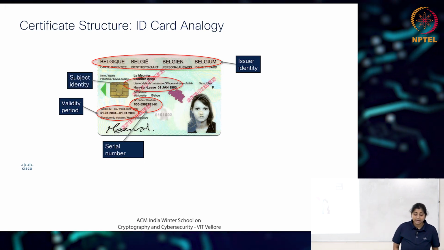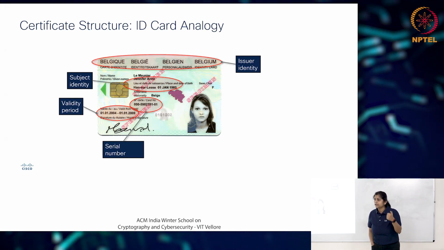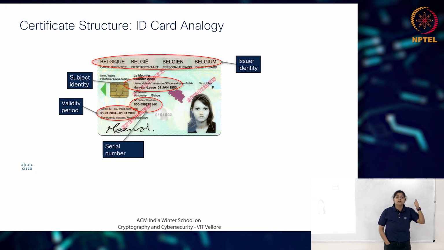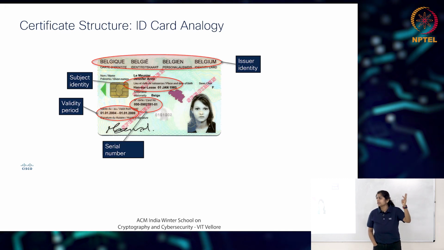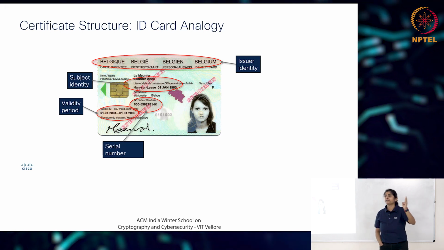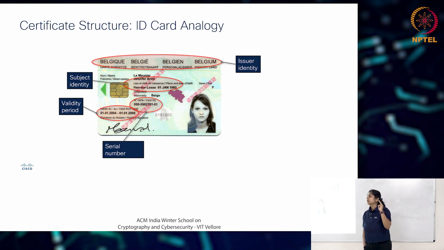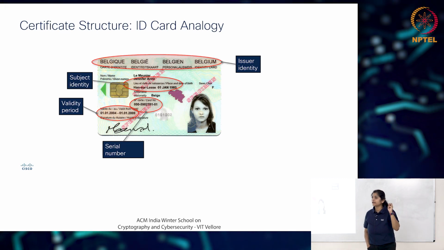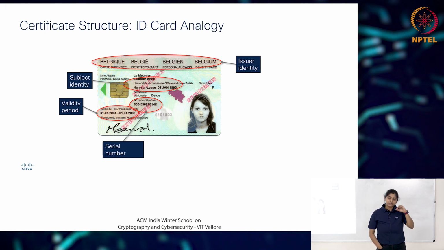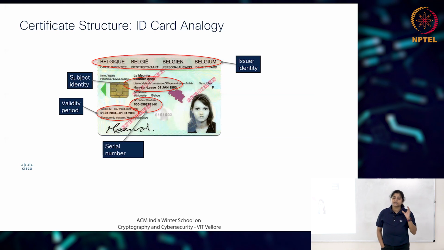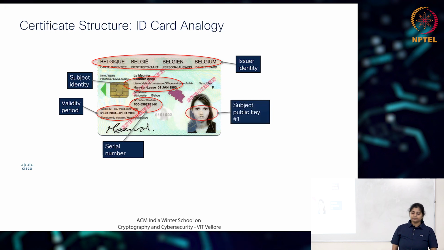What else? Identity, subject identity. Your date of birth, name. In terms of network devices, it can be fully qualified domain name, host name. We avoid IP addresses in certificates because we don't want to map a static IP to websites. So we don't use that. But there are names, SNIs, SAN names, etc. They're all types of names or identifications for particular websites or particular network devices. So we have the subject identity.